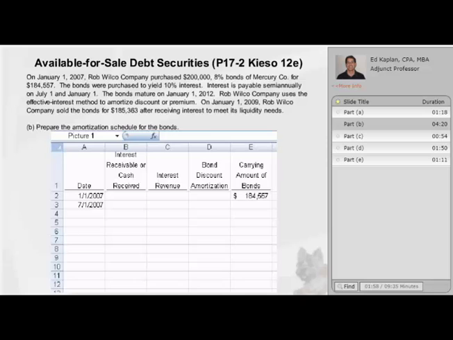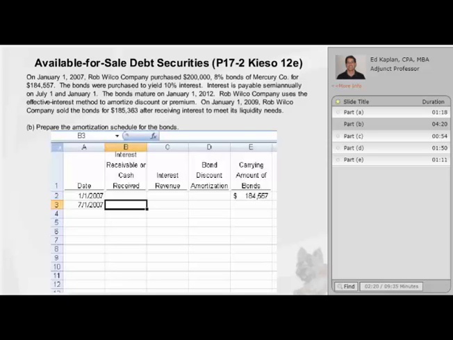Okay, now you see the starting of the amortization schedule in front of you, and we've dropped in the $184,557 of carrying value of the bonds right there. Now we know they were issued to yield 10% when the bonds were at 8%. So to come up with